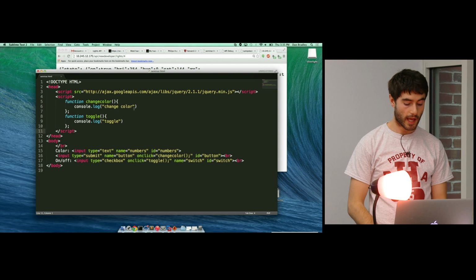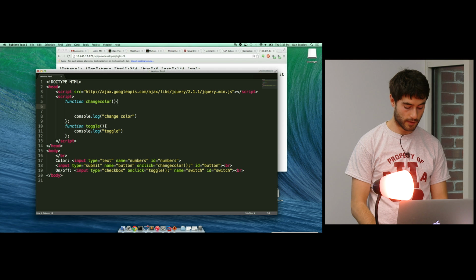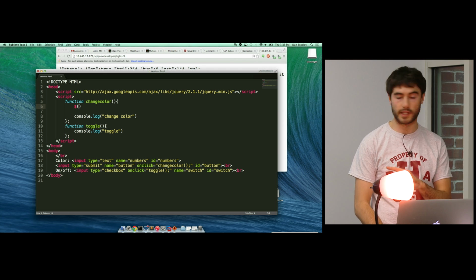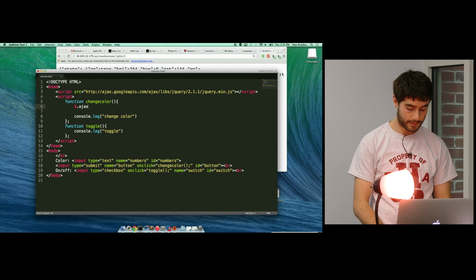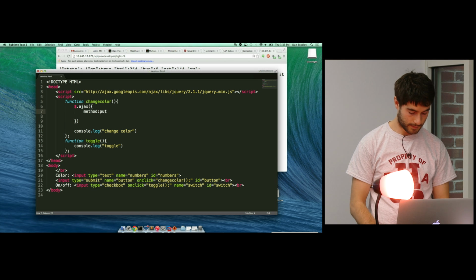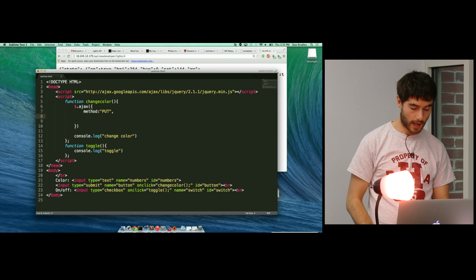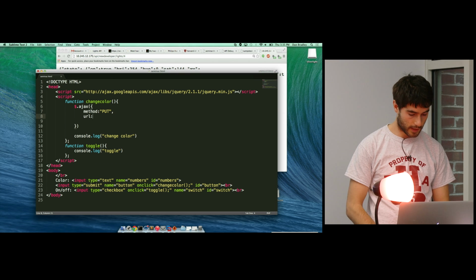So if we want to use Ajax, we simply do $, and so this is using the jQuery library, .ajax, and we pass Ajax a body. So I think we give it method equals put. Let's see, URL equals